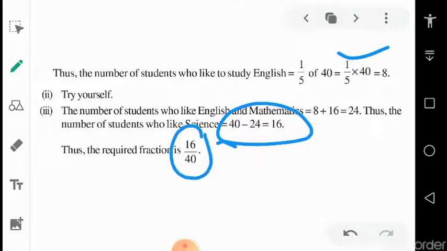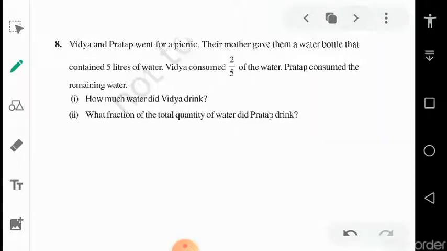As you know, in earlier videos I told you, if you want to convert a number into a fraction, in the numerator we will write the selected parts, and in the denominator we will write the total parts. So here the answer is 16/40. Okay, now